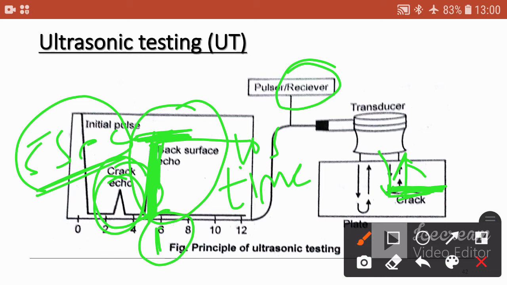Okay, if it takes less than 5 seconds, then you can say the crack is near to the transducer. If it takes 5 seconds, then you can say the crack is in between the material. If it takes 8 seconds, okay, the crack is near to the next end. And if it takes 10 seconds, then you can say there is no crack. So this is a very simple technique to find out the cracks or defects in the material. Basically this test gives you the defects inside the material. So surface defects cannot be measured by this test procedure. Okay.